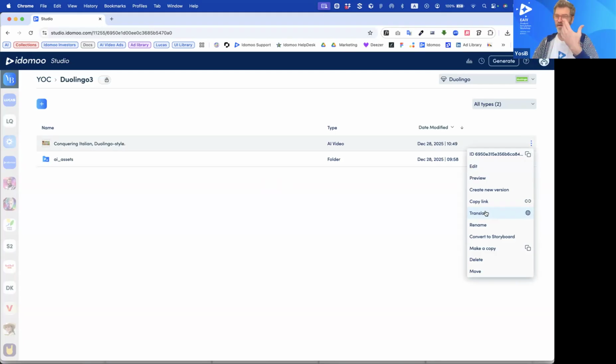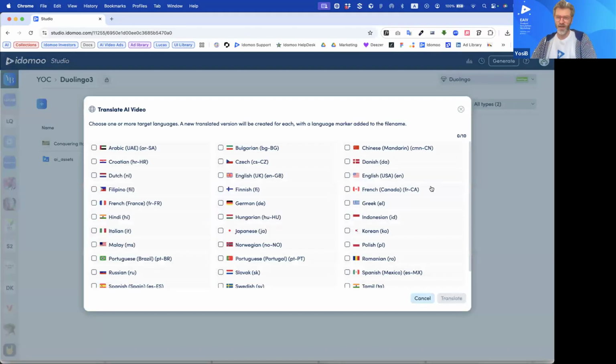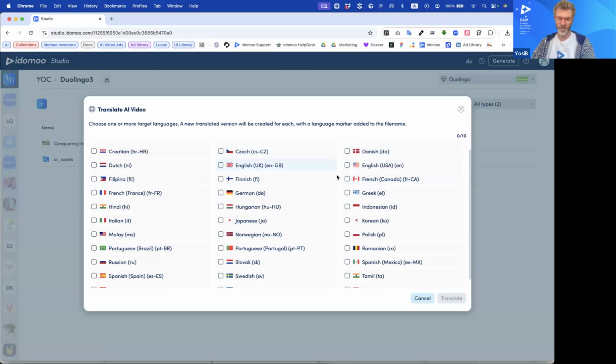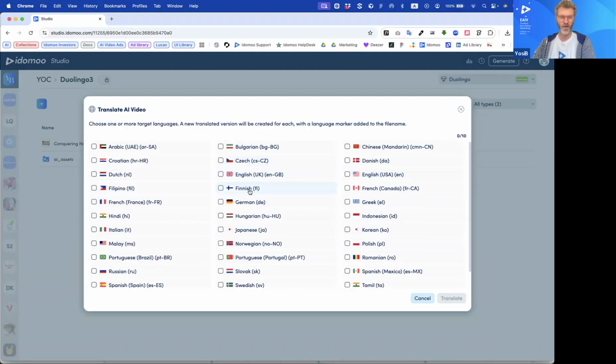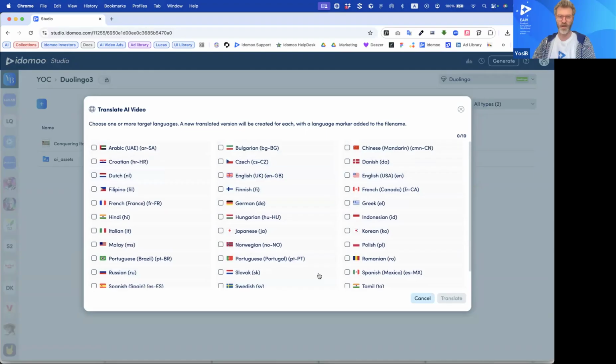Before we had 9 or 10 languages that we supported. Now we have 32 languages, and this is also a request that came from a few clients. So we enlarged the languages option, and it's important to understand that at one time, you can choose up to 10 languages, and we support it